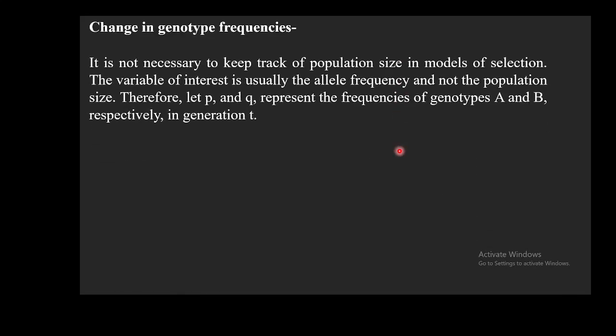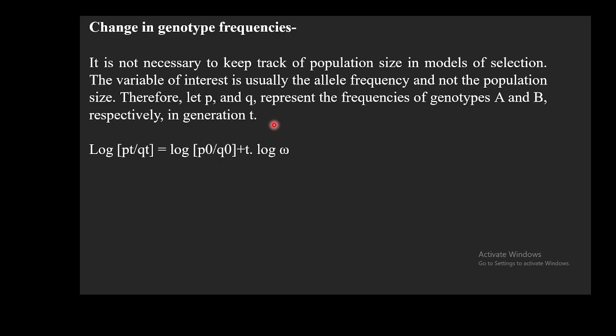So how is there going to be a change in genotype frequency? It's not proper to say the bacterial cells. We will mostly quote in terms of the allele frequency. So the variable of interest is usually the allele frequency and not the population size. Therefore, P and Q denote the frequencies of genotype A and B respectively in T generation. Then you can calculate the frequency of